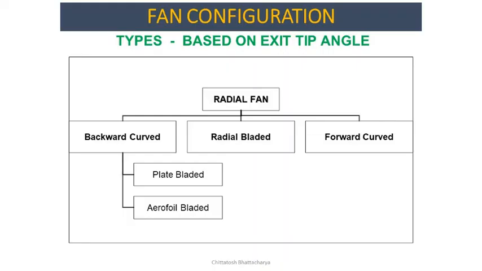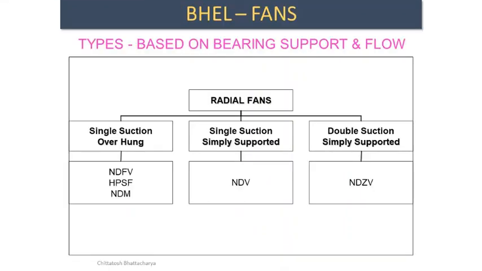So we find that based on exit tip angle, the radial fans may be classified into backward curved, radial bladed, or forward curved. Backward curved radial fan blading may be constant thickness or plate bladed, or aerofoil structured blading may be there. So depending upon the requirement, those are chosen. The BHL fans, which are based on Polish design, KKK design fans,